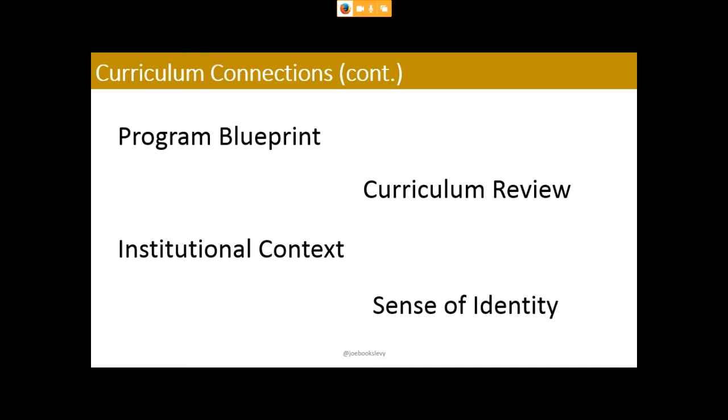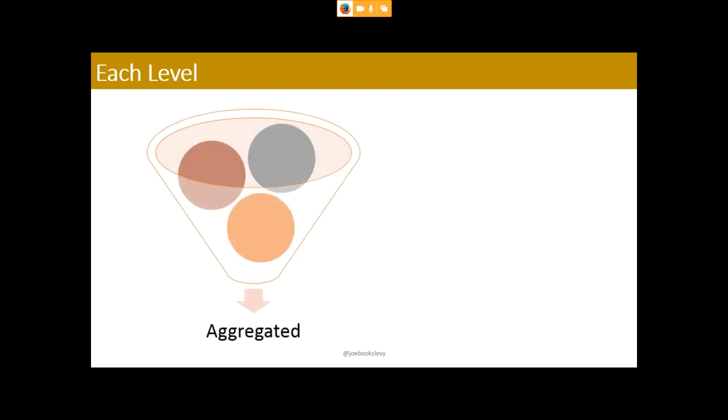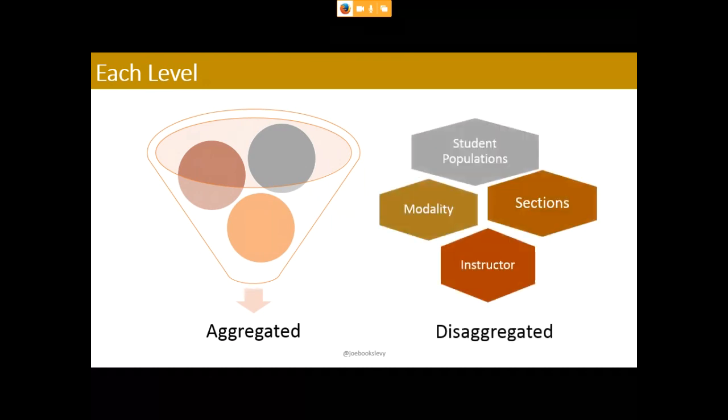So the other piece, because I'm talking so much about the program level, right? There's value in the other levels too. When you're getting the data at any of the levels, university level, program level, course level, you can always aggregate it, right? So if there's 5 sections of one course that run, you can look at the data from those 5 sections, put it all together, and say, yeah, generally students in those courses are doing well, or they're doing well on this assignment. You can also disaggregate that data, right?